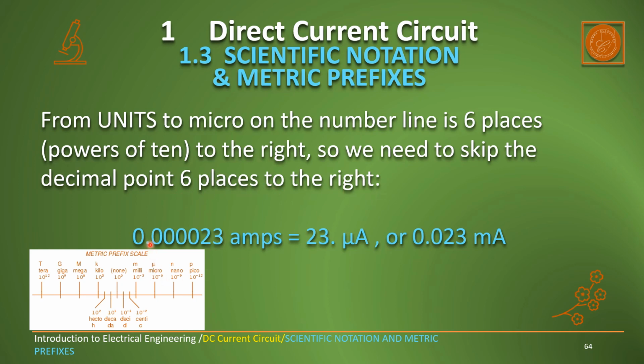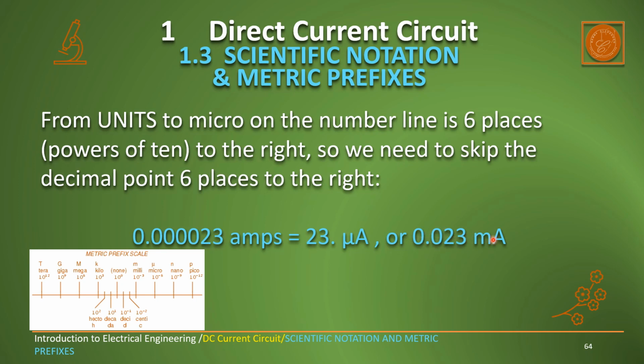So this is the decimal point. Move 6 places: 1, 2, 3, 4, 5, 6. So move this point to here. And the unit should be changed to microamp. So 0.000023 amps is equal to 23 microamps, or is